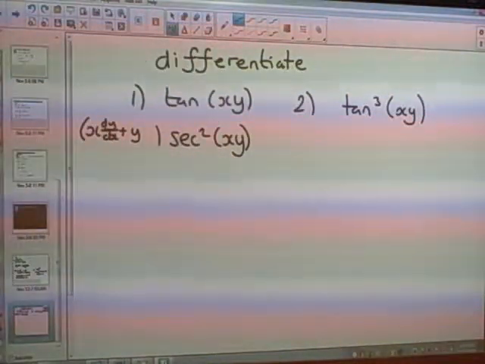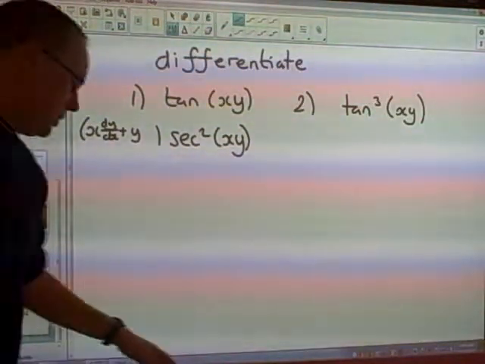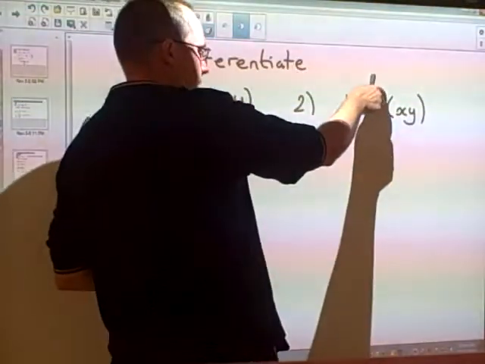of xy. Now, if we move on to question 2, then we should recognise this as a chain rule question. So this power of 3 here,